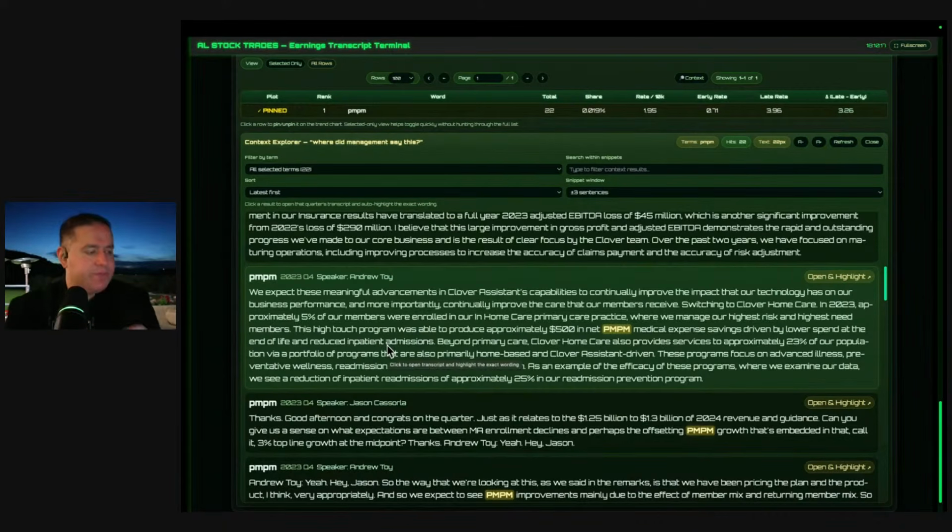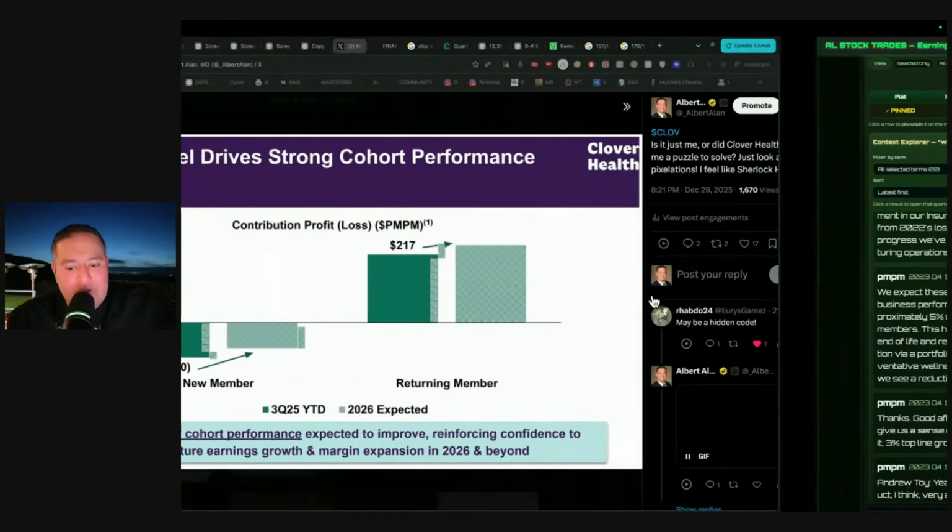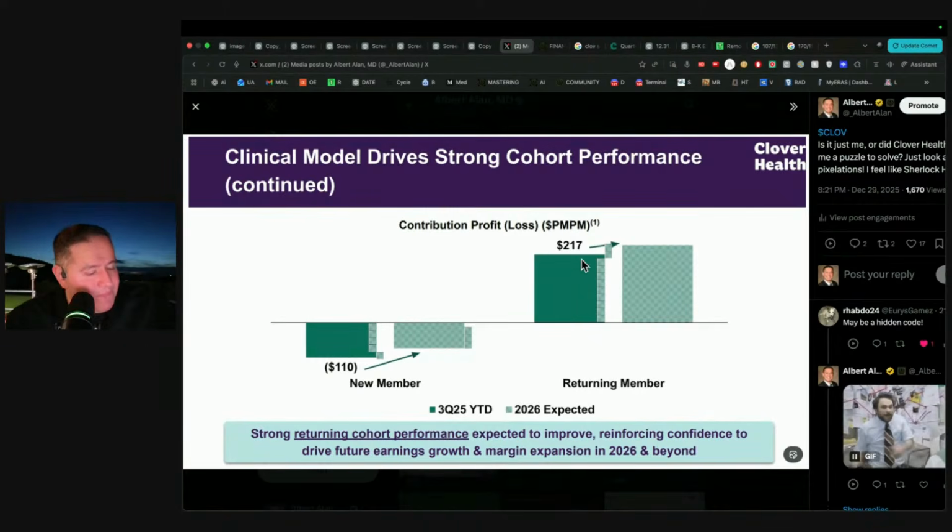That's what they're noticing. They're noticing that inpatient utilization has increased, because their PMPM should be a little higher. It shouldn't have gone down. Relatively, returning members should stay the same, and this should go up. Sorry, this should be worse, right? Because obviously new members are not as healthy, et cetera, right? So that right there explains something, that this drop is most likely inpatient utilization, but somehow from a medical cost perspective,